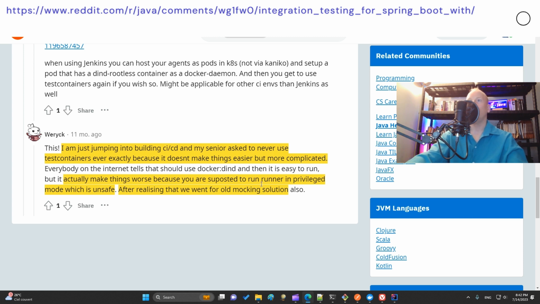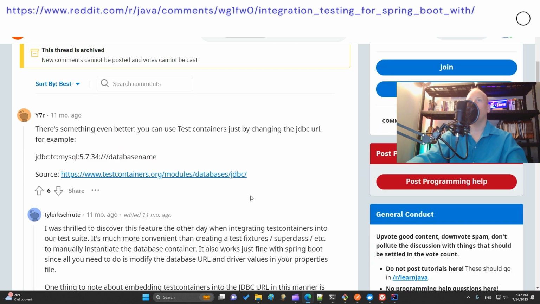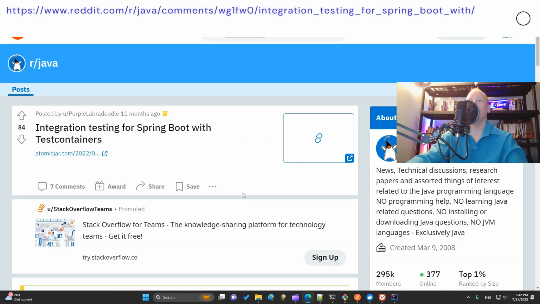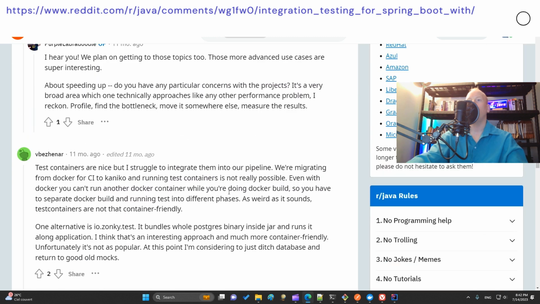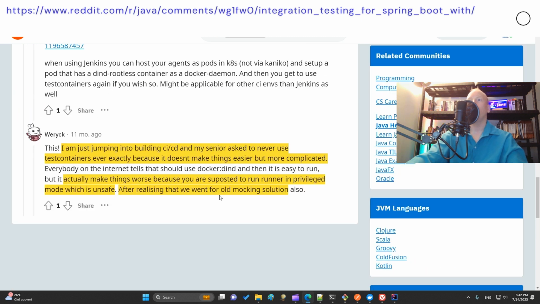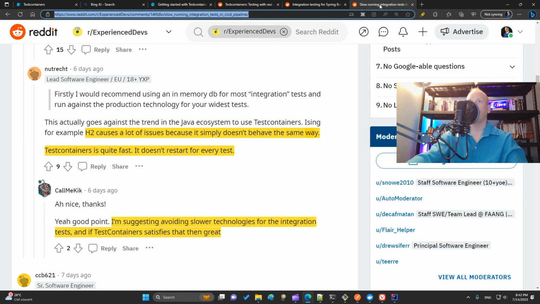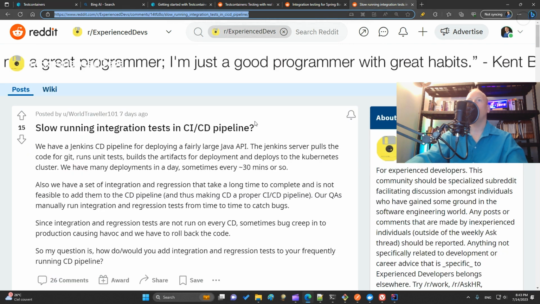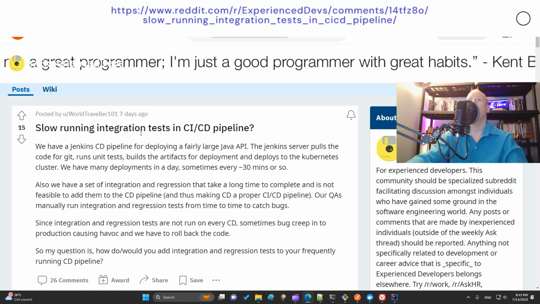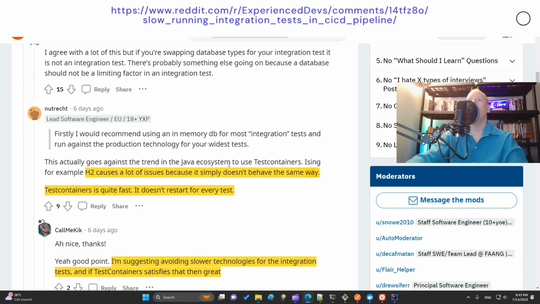So maybe if I propose Testcontainers in my daily job, they could answer me that for safety reasons you can't use it in this situation, and so you will have to use the usual mocking solution.